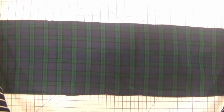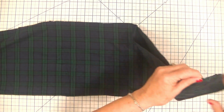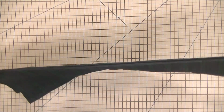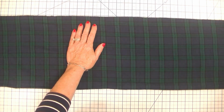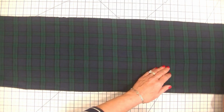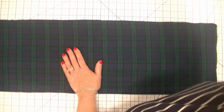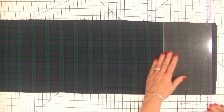The first thing I'm going to do is place it right sides together. So even though there's no real right sides or wrong sides, I am placing this so that the 2 sides are together. And if you have a fabric that you're using that has right and wrong sides showing, then make sure that you're putting these right sides together. And I want to make sure that my ends are even. So I'm going to get out my rotary cutter and I'm just going to even up these ends,